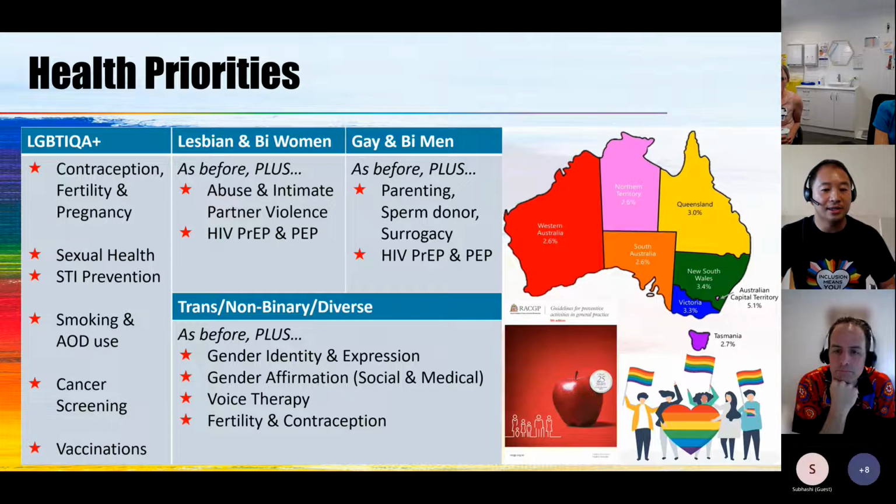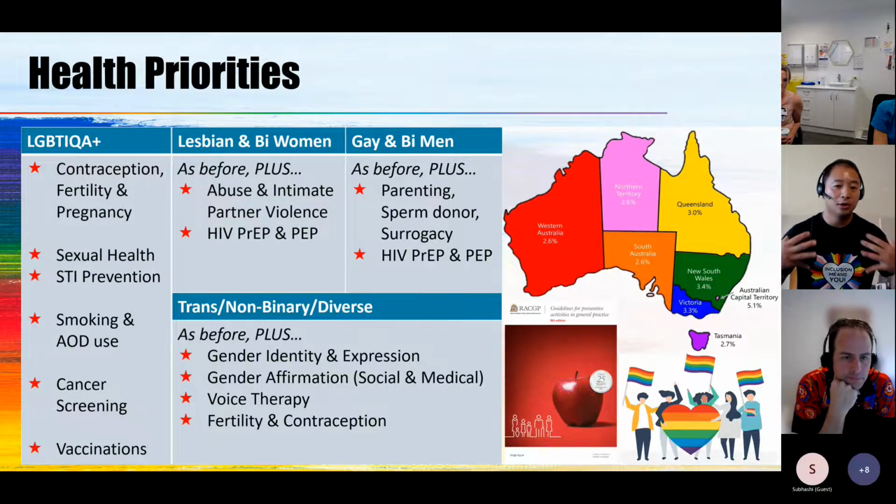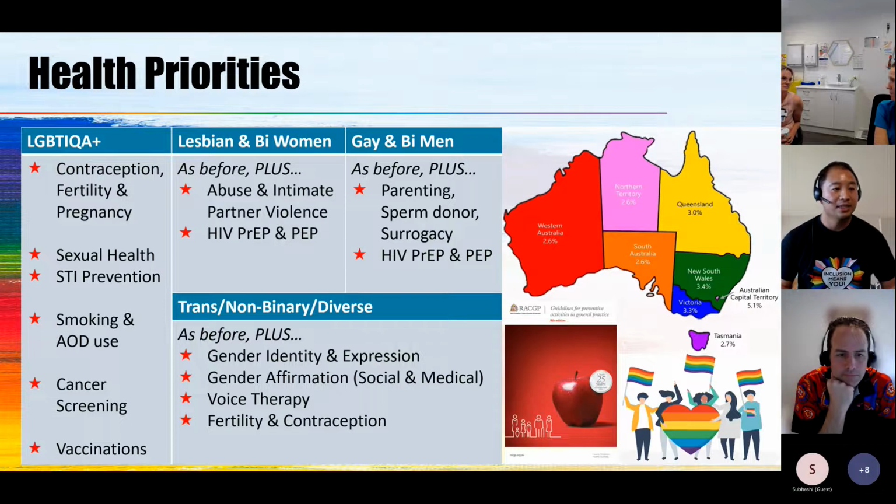So in that group there, what do we actually do? At the end of the day, all people are still people, and therefore for all people in Australia we can get some good advice from our Red Book to go through our core concepts about screening and prevention in general practice. So it's been advocated for us to think about it in this way, for all people who identify as being